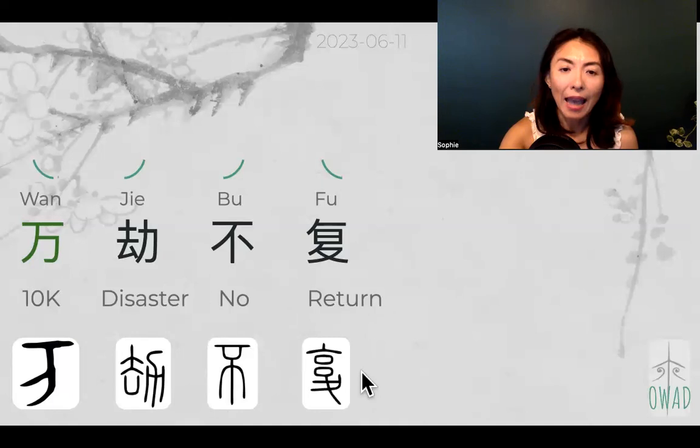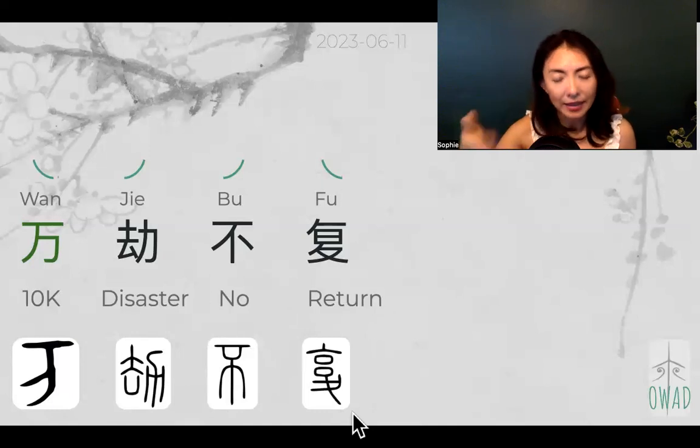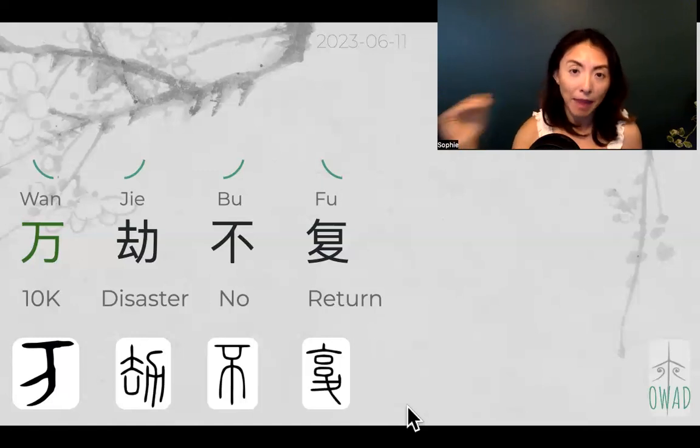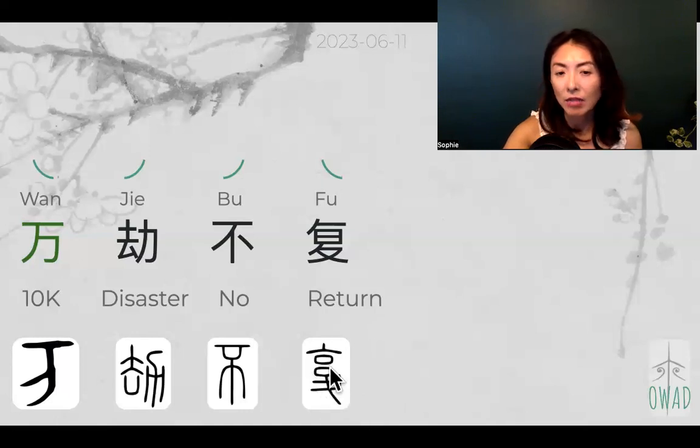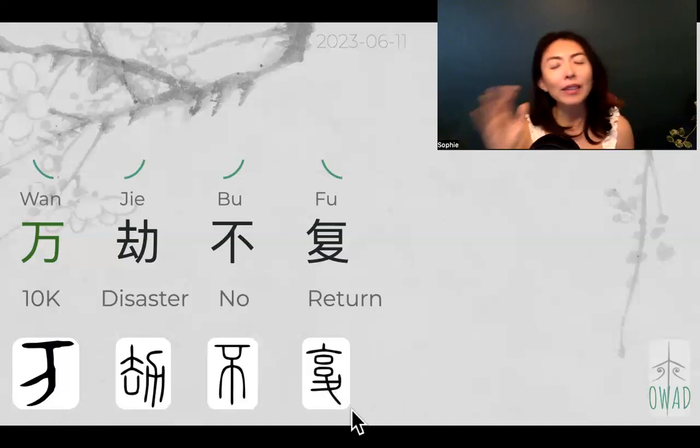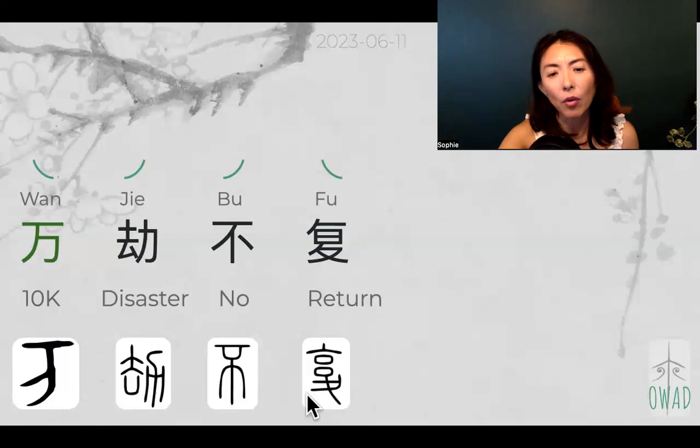Okay, 复, we have this backward walking sign. We saw the symbols multiple times in different characters, because it's capturing human behavior. When we're walking backward, our knees cannot bend backward, right? So we have this one leg sticking out. That's a visual representation of somebody walking, probably the other leg, and the other leg. It's hard to tell.